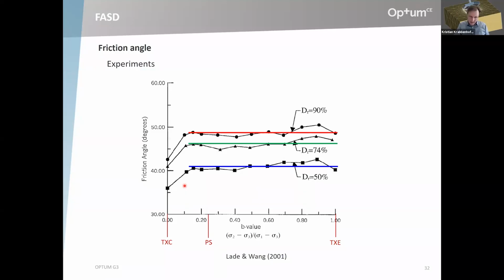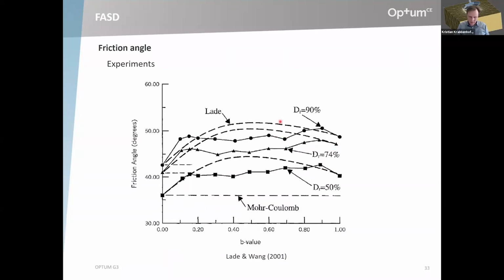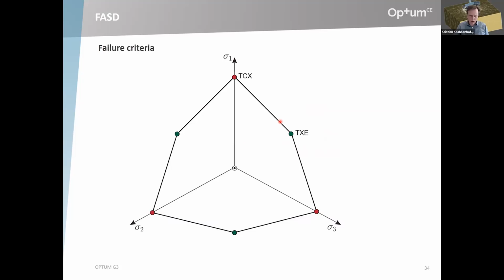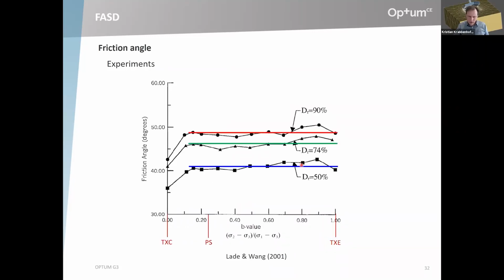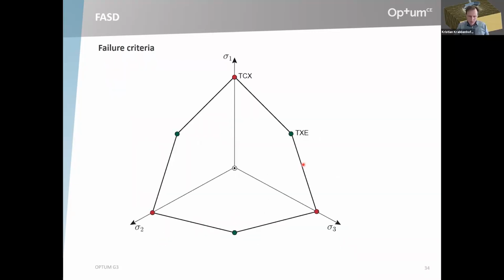So these fits are definitely better than the ones shown here. But of course, there is that issue with the triaxial compression corner. So basically what we said is that the Mohr-Coulomb criterion is not very good, but it's not completely out either, because it does actually match the data over a large range of B values here. So let's just hold on to that for a little while, and then also maybe revisit another famous